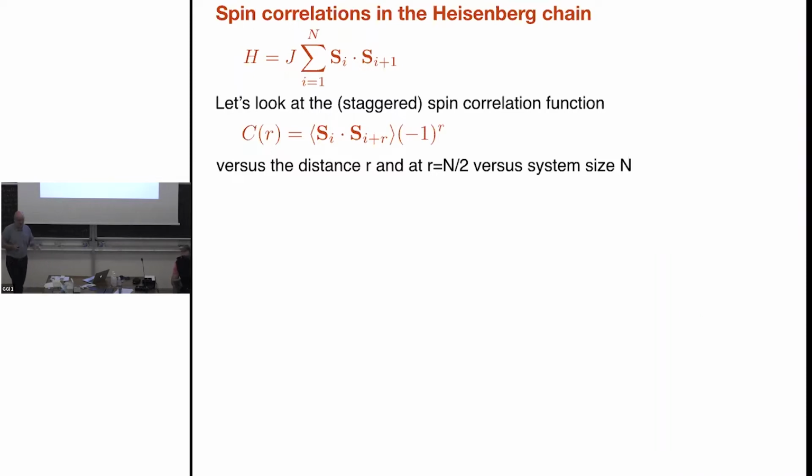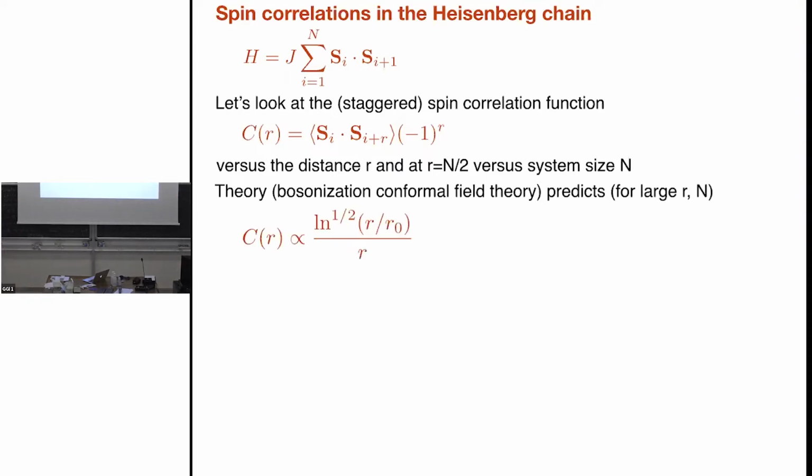Anyway, so we know that if I look at R equals n divided by 2, I can also see the same power law decay as if I look at finite R in an infinite size. So the thing is, and I will talk more about this later, the Heisenberg chain is sort of a slightly